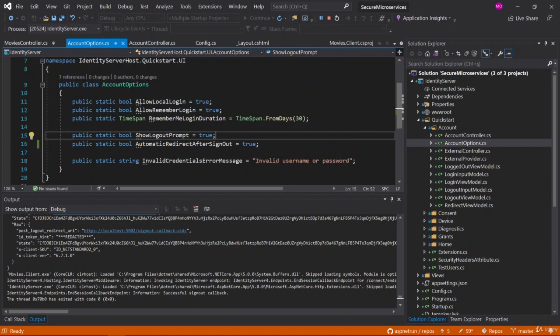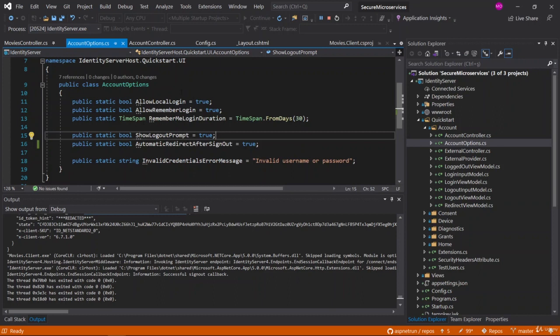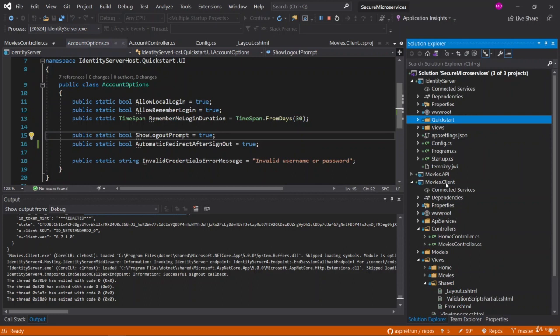As you can see, in these account options there is also additional information and additional configurations you can set to true or false. So we have finished our section now. In this section we have integrated our MVC client application and the identity server application, providing OpenID Connect and authorizing the movies page. So now we can continue with consuming protected API resources from the movies client project. We will see it in the next section.